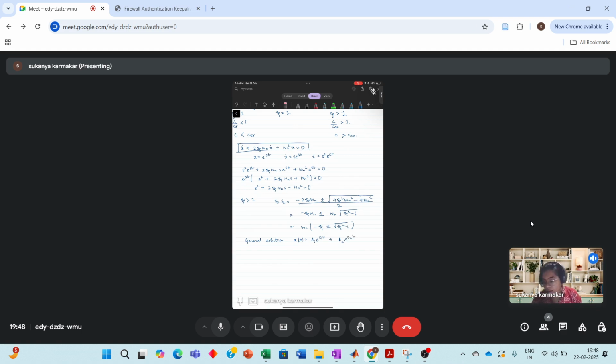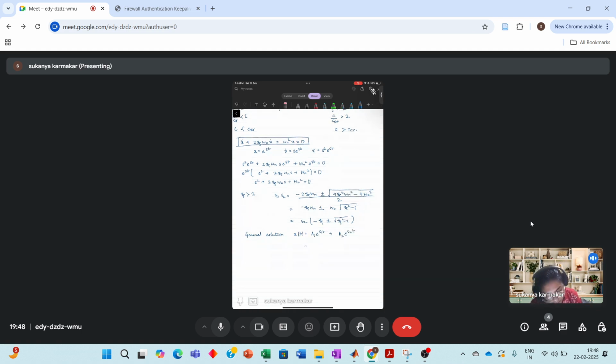Just substitute the values of s1 and s2. So a1 e to the power s1 t will be, taking minus omega n common,